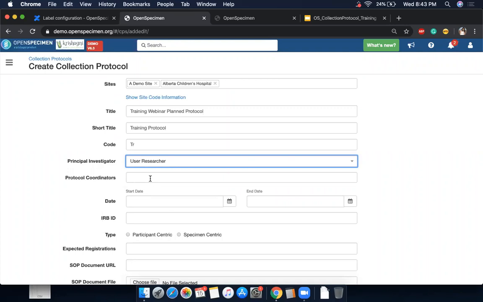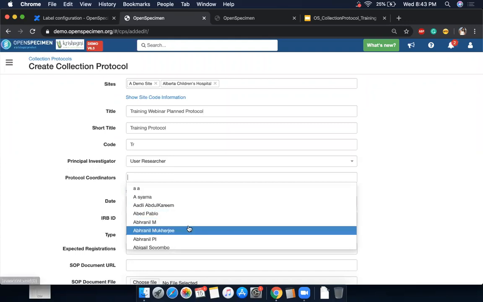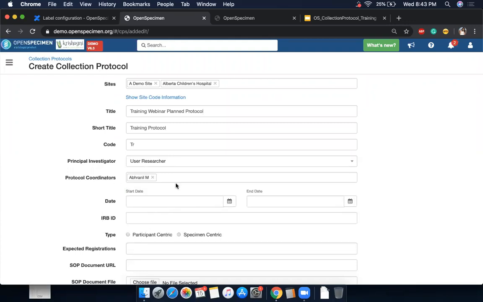Once you assign someone as collection protocol coordinator, they will get access to all operations within this collection protocol, that is adding patients, adding specimen data, any forms related data. So coordinators will by default get access to this protocol. So you can assign one or more coordinators for your protocol.